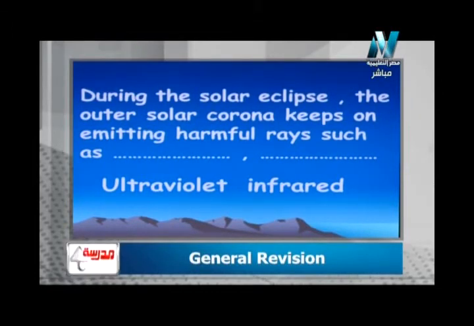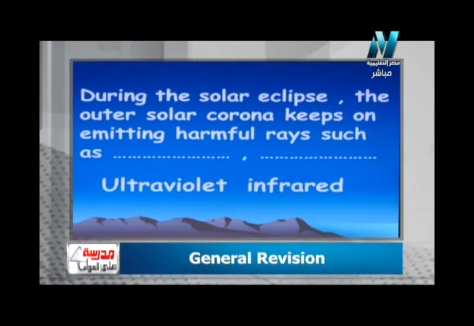لازم ناخد بالنا كويس قوي. We mustn't look at the sun directly during solar eclipse. Why? Because it emits harmful rays such as ultraviolet and infrared that may cause blindness. ممكن تسبب عمى لا قدر الله. عشان كده لازم ناخد بالنا كويس قوي during eclipses. We mustn't look at the sun directly, but we must wear special glasses. لازم ألبس نظارة خاصة، لأن الموضوع خطر جدا جدا، ممكن لا قدر الله يؤدي إلى blindness أو losing